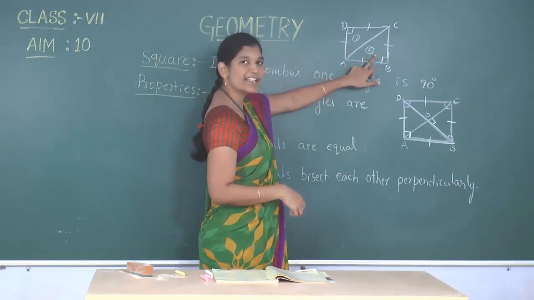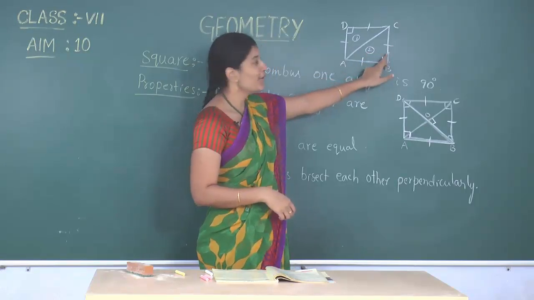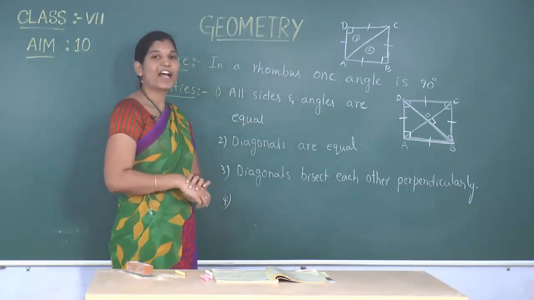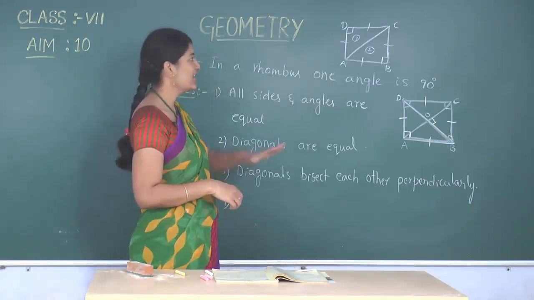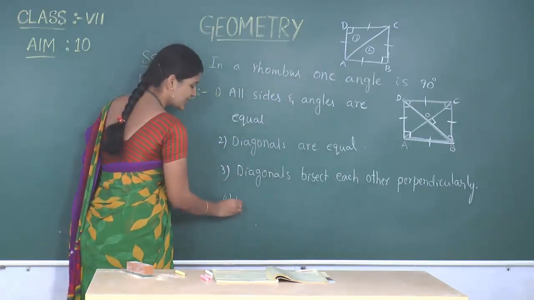What type of triangle is this? Here two sides are equal and one angle is 90 degrees. Two sides are equal, one angle is 90 degrees, that is called an isosceles right angle triangle. The other one is also that only, no? So here we can write: each diagonal